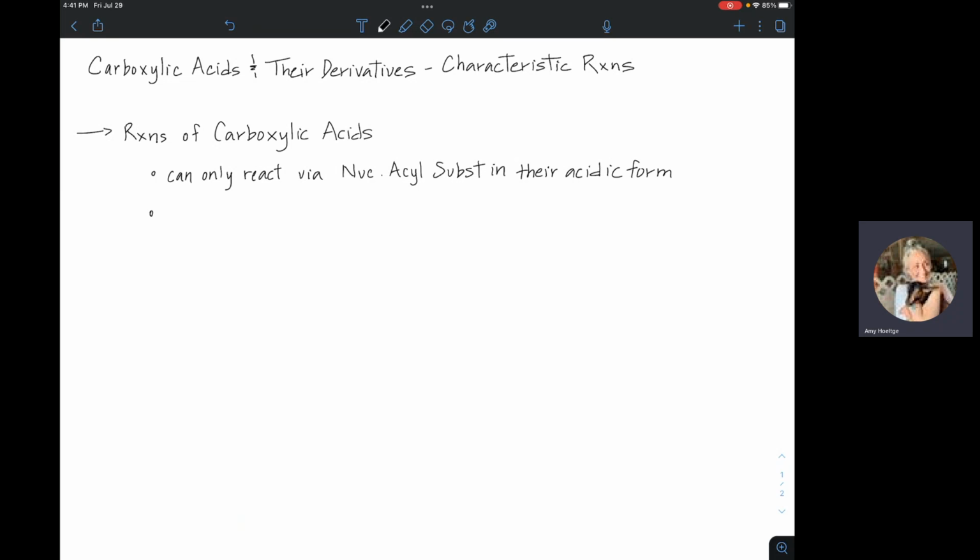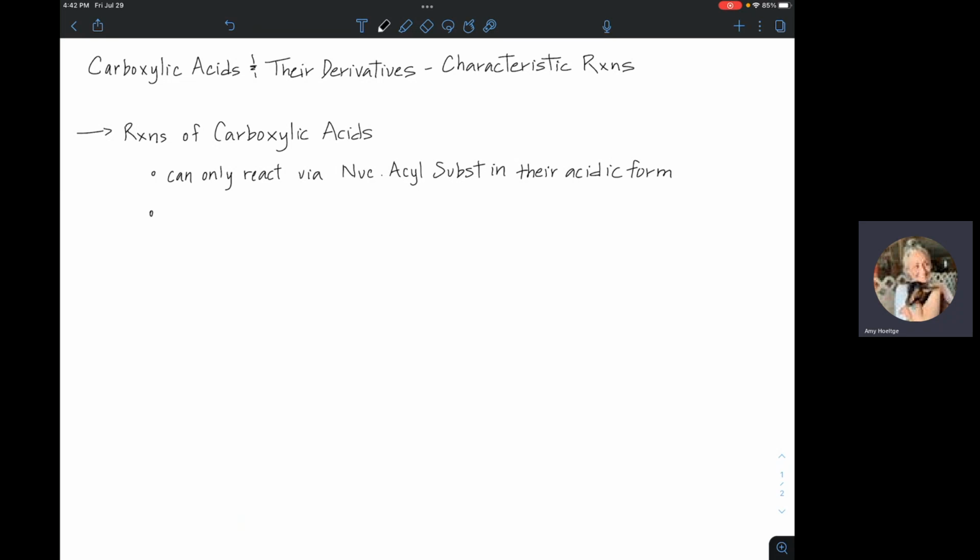The carboxylate ion cannot undergo nucleophilic acyl substitution. It is resistant to being attacked by a nucleophile because it's already a base, right? It's negatively charged. The other thing that's worth noting is that the carboxylic acids are nearly equal to esters in